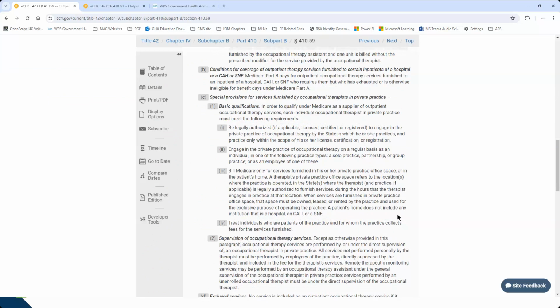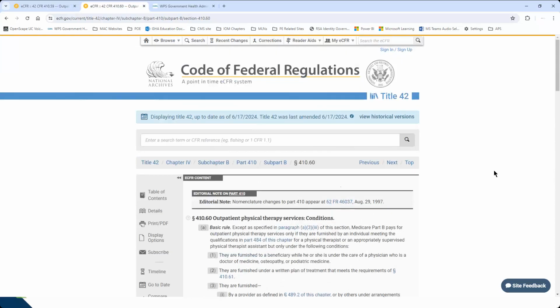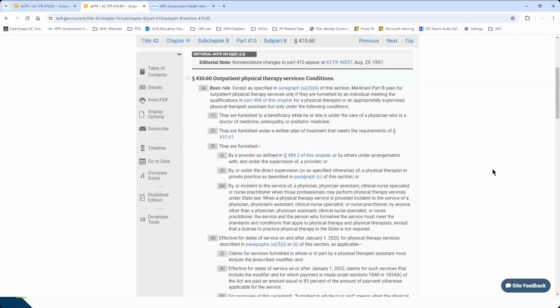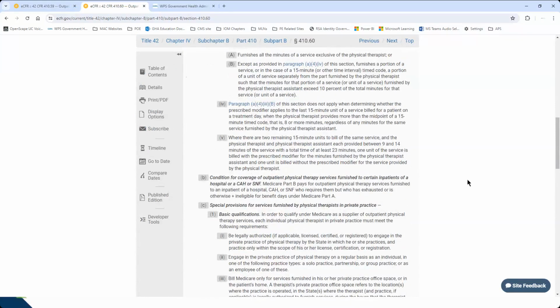It does also include private practice, because again, their enrollment is just a little bit different. Their provisions are slightly different. We're going to talk through all of this today, but I wanted to make sure that you had a resource just in case you needed it. You have that here both for occupational therapists, and then 410.60 is for physical therapists, and it's laid out very much the same way, including basic coverage requirements and enrollment requirements for a provider that is reassigning, practicing as part of a facility, or in private practice. You have that for you today.